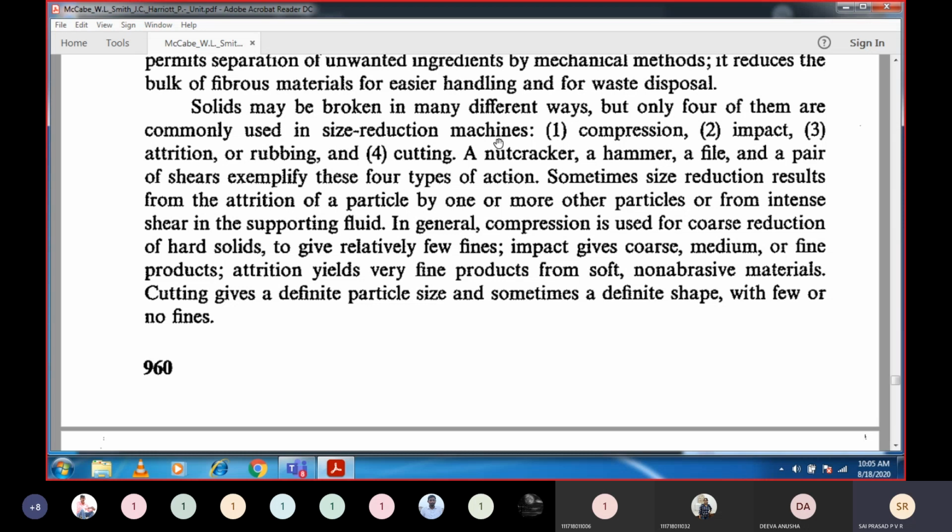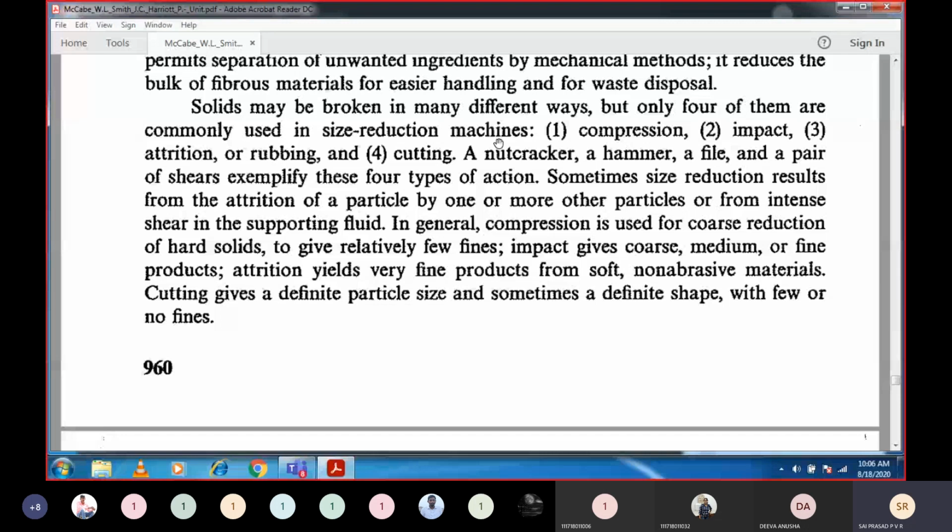What will happen? The bottom foot is not rotating, but the top one is rotating. So what will happen when you introduce the grains? The shear forces will be there on the surface of the particle, and thus the size reduction takes place. So this is one example of attrition or rubbing, and the last one is of course the